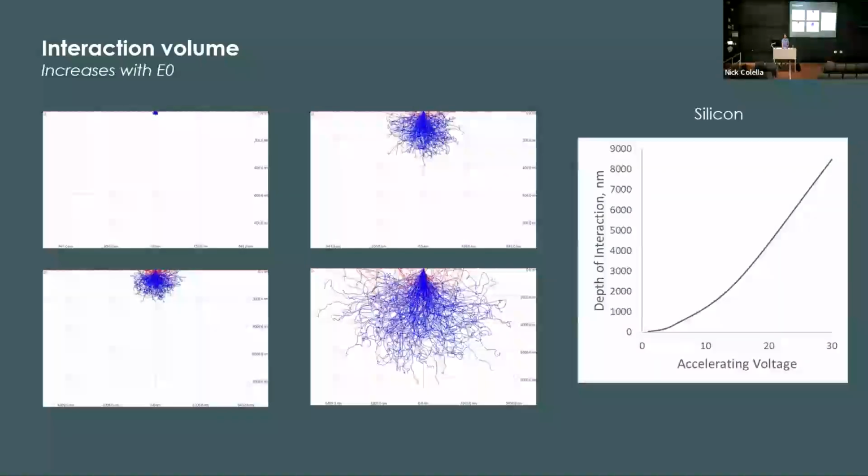So coming back to the idea of the interaction volume, we saw that there's a limitation on the resolution of the imaging based on how the beam is interacting within the specimen. And that's going to be based on two main factors. One is your acceleration voltage. So higher voltage, you can see, is going to cause much greater depth of penetration, much greater signal depth.